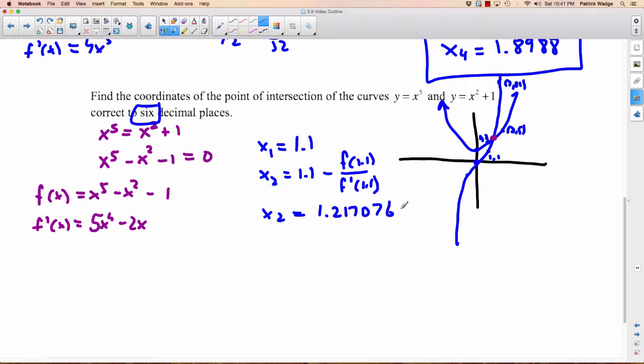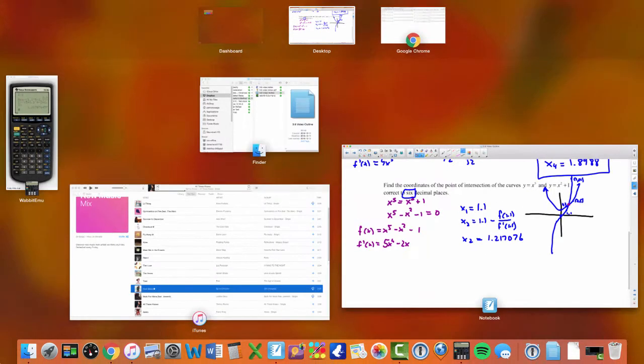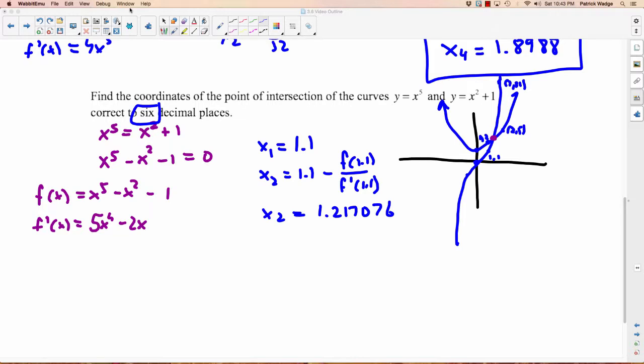1.217076. Now I do the same thing again, but this time I'm not putting 1.1 here, here, and here. I'm putting this. This is my new answer. Okay, I don't often do this, but I'm not actually going to show you the rest of the steps. I think that would be a little bit much. I don't think there's much value in you seeing me punch things into a calculator, but I really strongly recommend you try this. The next thing you should get for x3 is